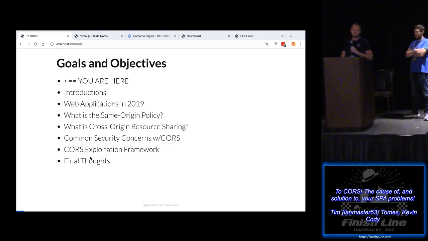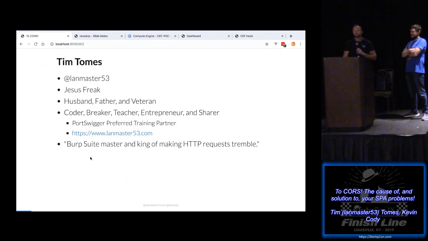So some goals and objectives for the talk. You are here, right, at the beginning of this little outline here. Kevin and I will briefly introduce ourselves. Then Kevin will talk about the state of web applications in 2019. I'm going to talk a little bit about same origin policy, which gives me the opportunity to introduce what is called cross-origin resource sharing, right, the main event of this particular talk. Then Kevin will dive into some common security concerns with CORS, and then I'm going to introduce to you the CORS exploitation framework, which is where you folks get involved,